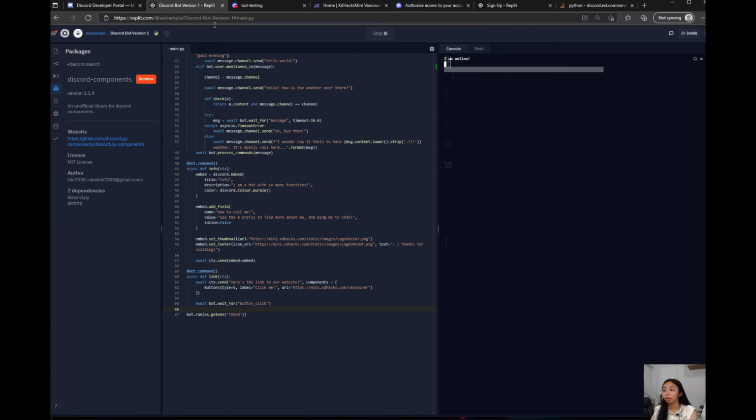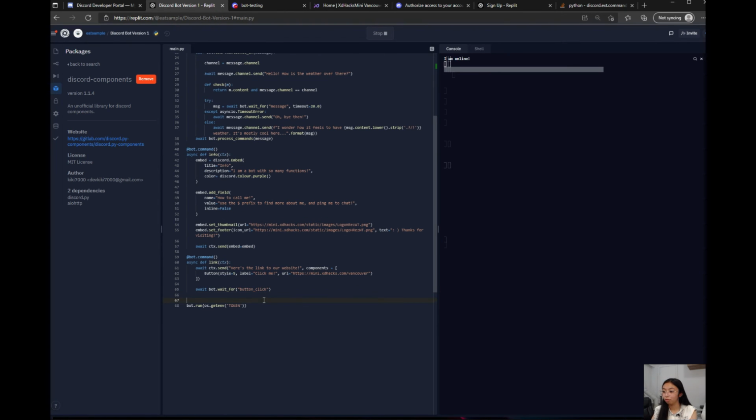So now let's create another button, not just the link button. Let's go for the function kind of style. So let's do another one, @bot.command, async def, and this will just be button. The purpose of this is just to show you how buttons work, so you can use it for anything. So await ctx.send, "This is a button." And then components, once again,